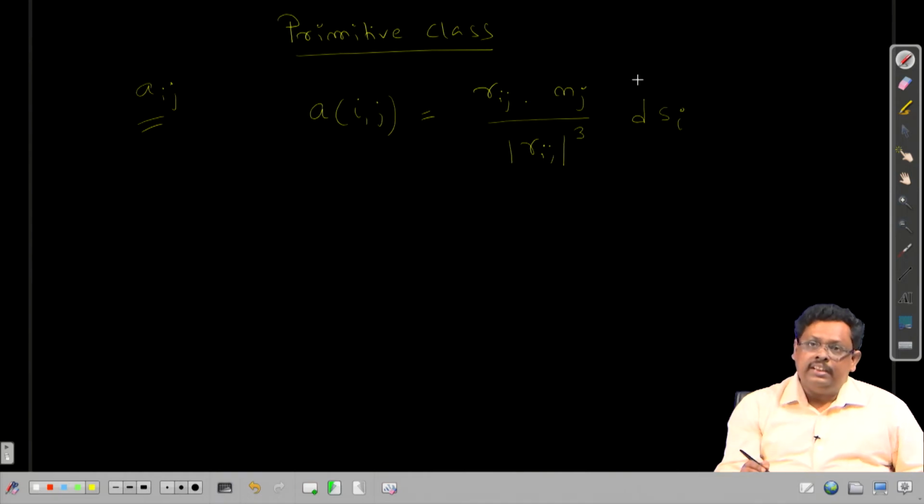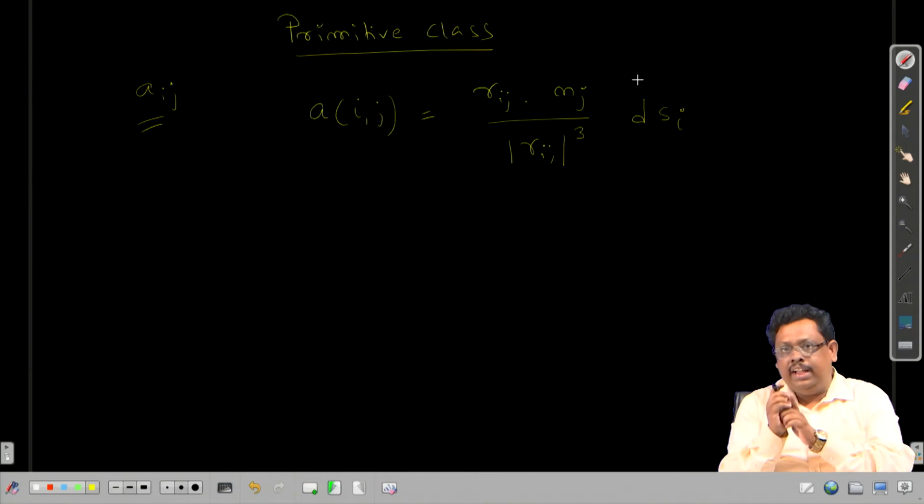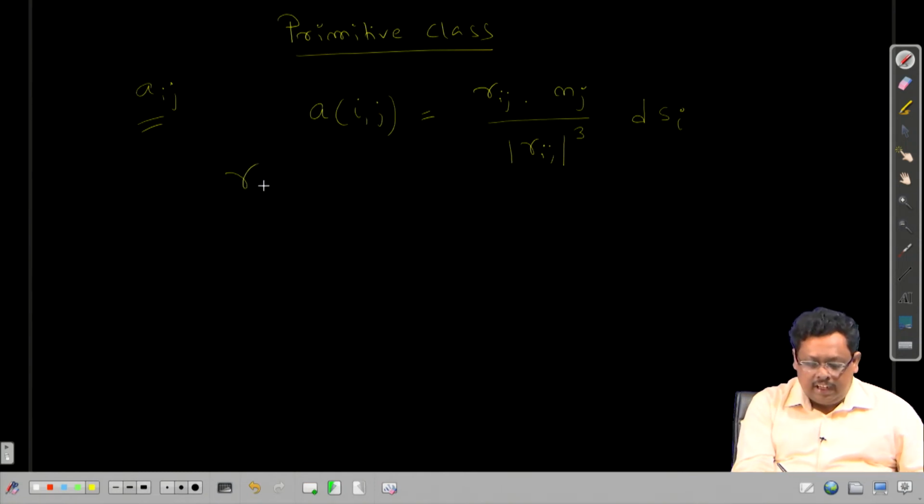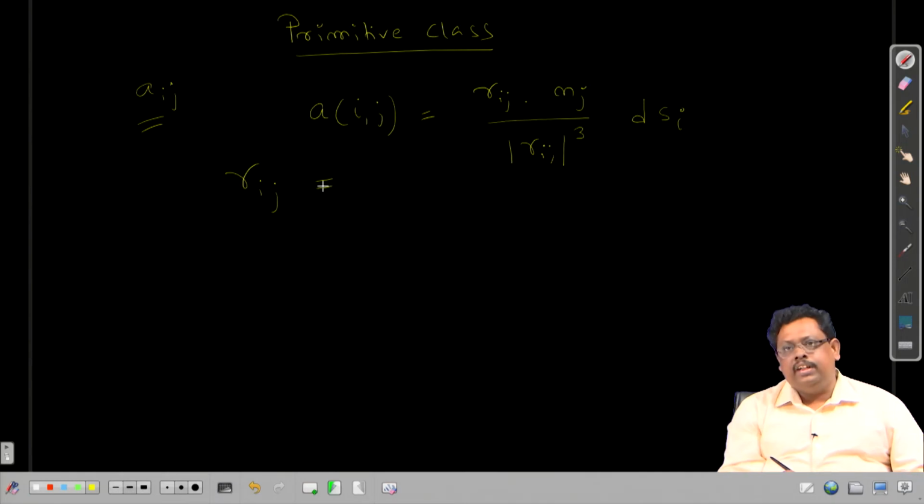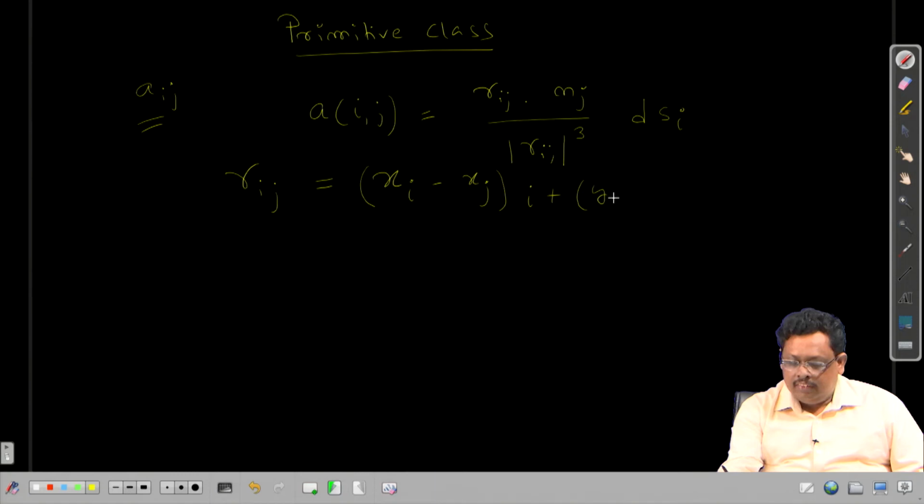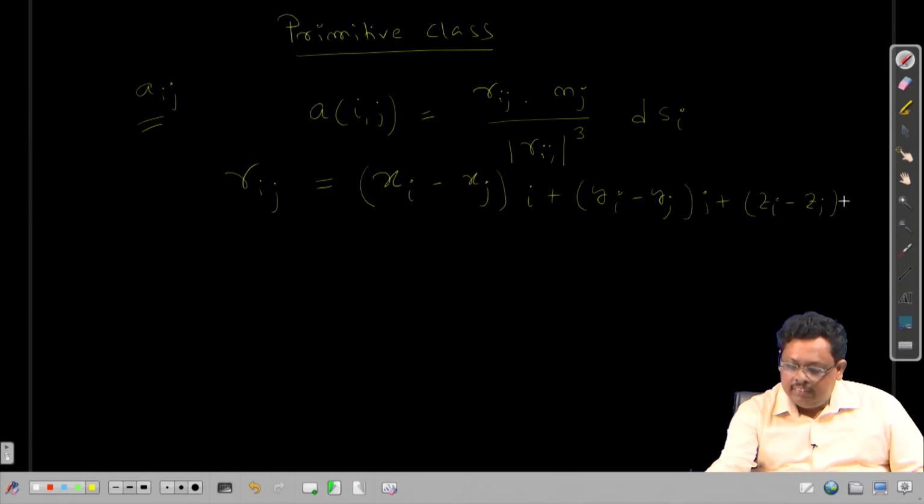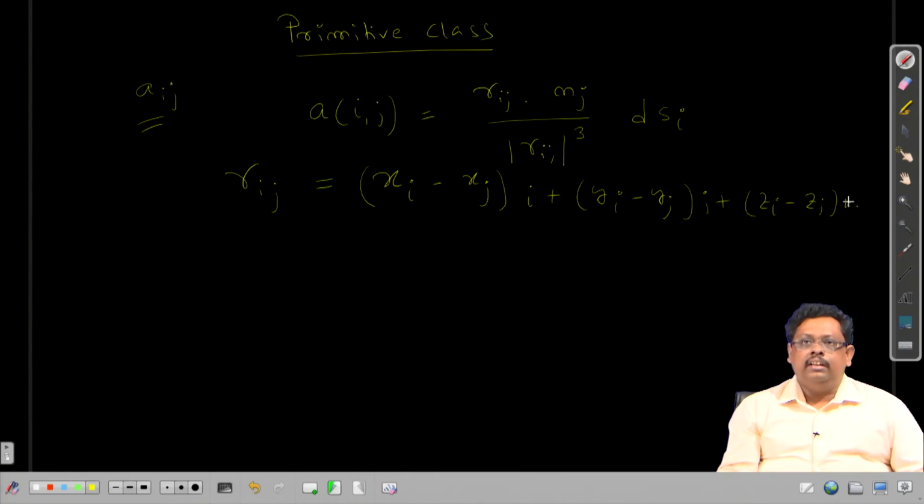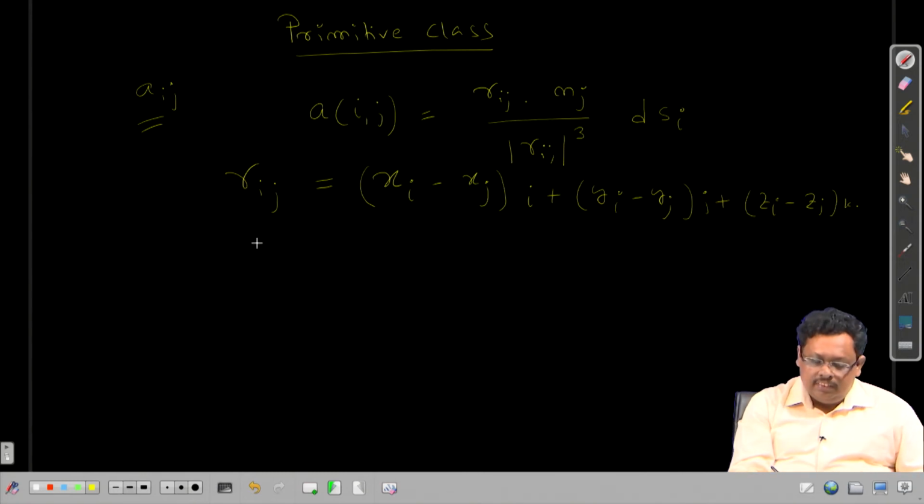So, this you need to do, you see it is not a single task. Now, if you break it stepwise, then what is the r i j? It is the distance between the source point and the field point. So, this is nothing but your x i minus x j into i plus y i minus y j into j plus z i minus z j into k. This is something you have to calculate, this r i j first, and then you need to calculate the second